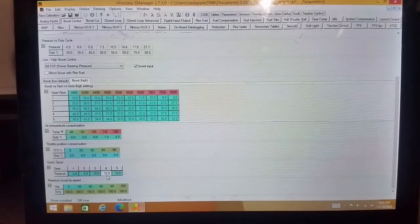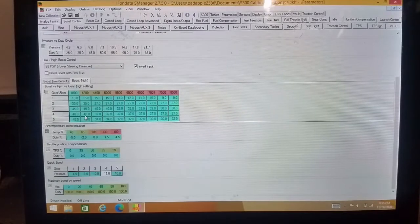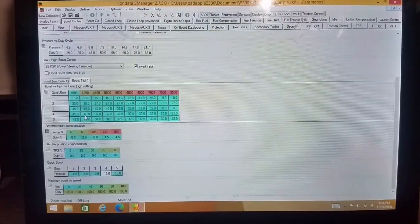So here's fourth gear. We're commanding 12 psi, and you need to know up here, what is this going to make here? Well, I know this is going to be well above 12 psi. This is probably 37. Here is going to be like 18, something like that. And up here, this would be 19 or something like that. So I know I'm safe. I am several psi above what the quick spool is going to do. You need to make sure that you're at least 3 to 5 psi above what the quick spool setting is,